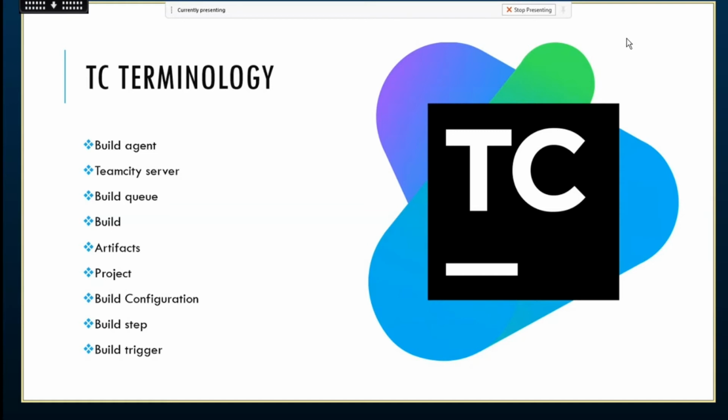That's the TeamCity terminology which we'll be seeing in this session. So if you have any doubts till here,